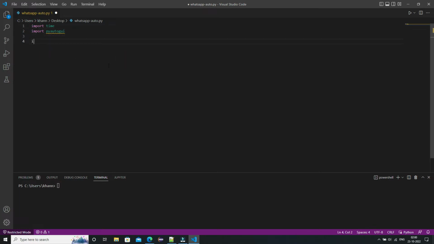just type in i equals 1 and then a while loop, i is less than, let's say we want to send 10 multiple messages, so i is less than or equal to 10. Here just type in time dot sleep. This time module has one function which is sleep, which we use to halt for a few seconds. Here we will type 5. That means it will sleep for 5 seconds, and then we are going to